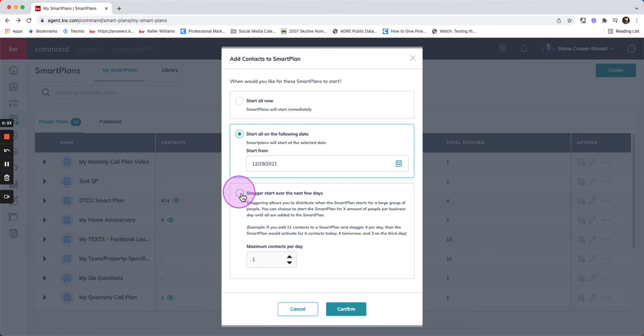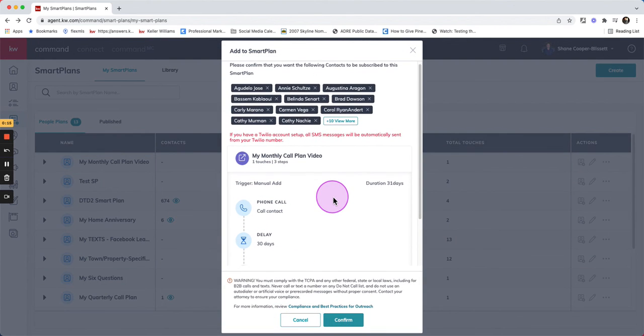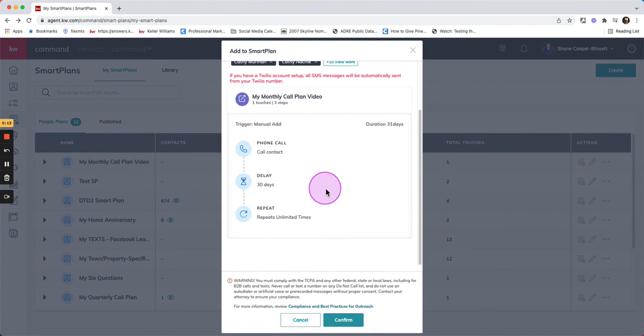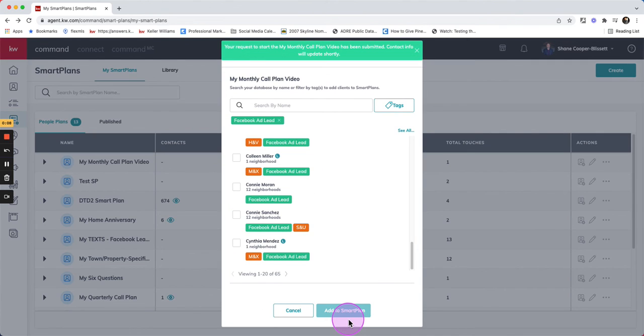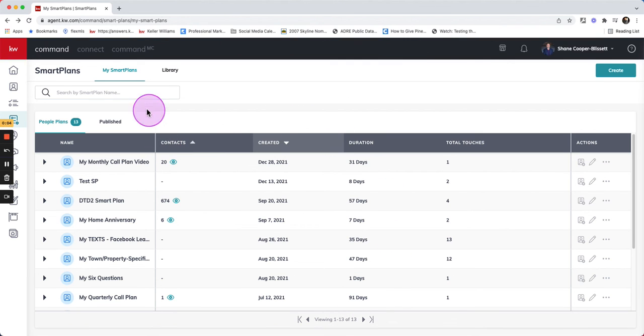So staggering will allow you to add just a couple of people per day over the next few days to the smart plan. So I'm going to say, let's do 5 people a day. I'm going to confirm. It's going to confirm that I'm adding these people. And then I'm going to click confirm again. And now starting tomorrow, I'm going to have some brand new tasks